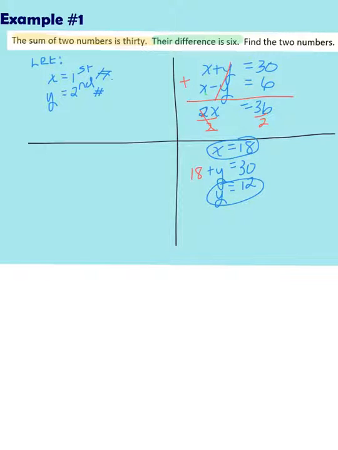So now I'm ready to write my therefore statement. The question says, find the two numbers. So you're going to answer this question as a complete sentence statement. Therefore, the two numbers are. So therefore, you can use